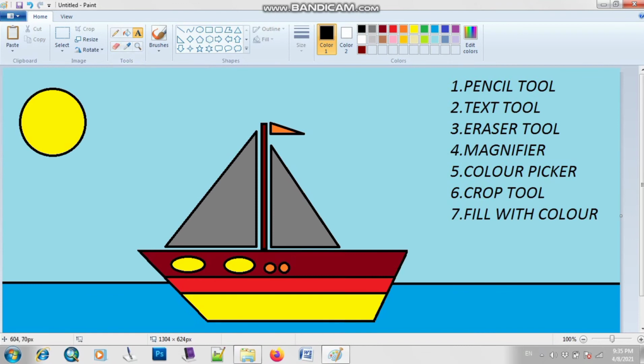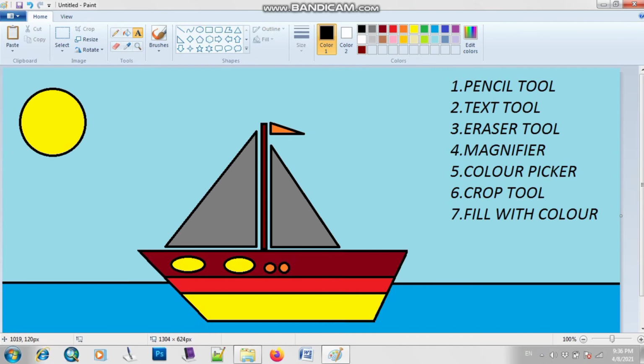Okay, after that we have magnifier. So now what is the use of magnifier? Fatma, can you tell me? Fatma Arshad? Right, magnifier tool is basically used if you want to make your image bigger or smaller.